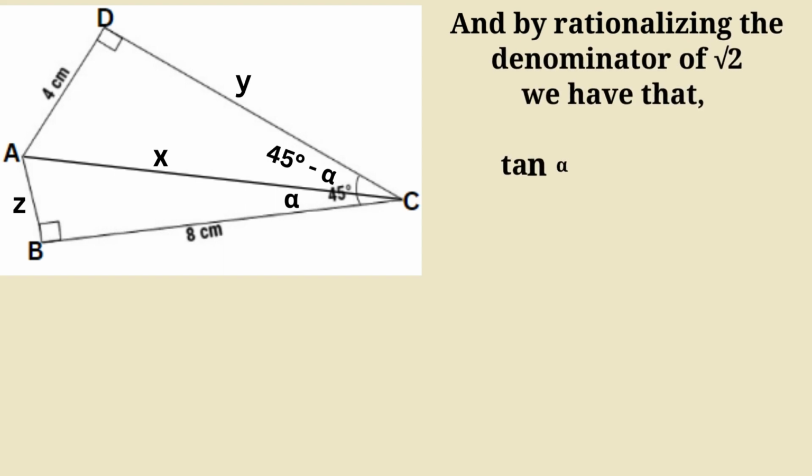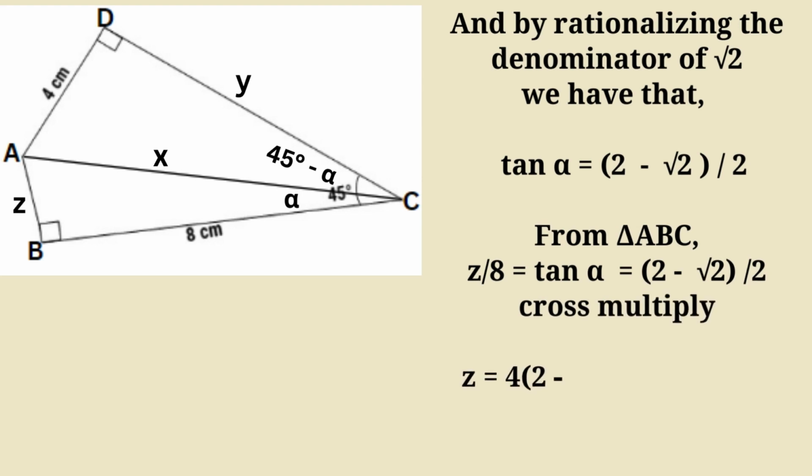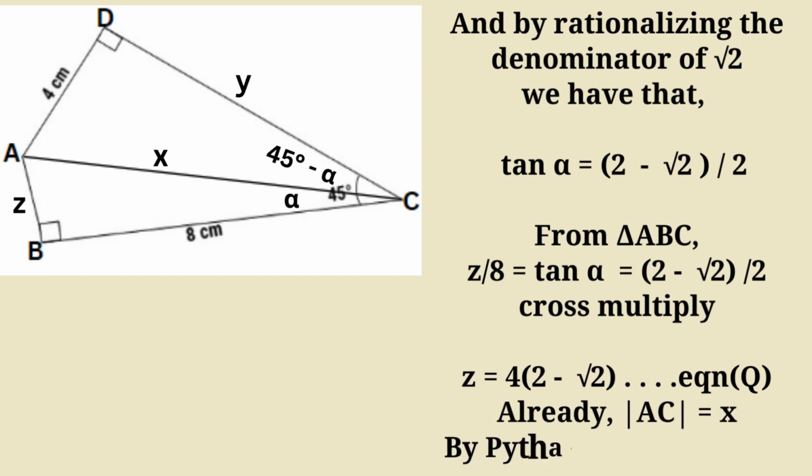the screen. From triangle ABC, z divided by 8 equals tan alpha, which equals 2 minus the square root of 2, all divided by 2. Cross multiply and we have the equation in z, which we call equation Q. Already we have gotten that line AC equals x. By Pythagoras theorem,